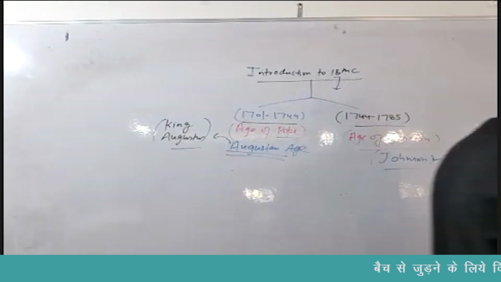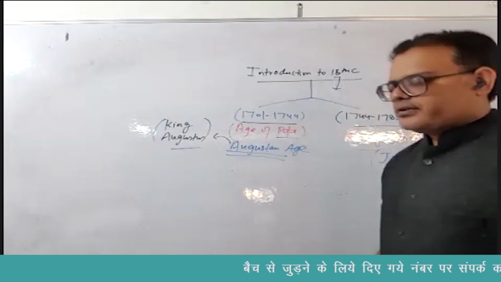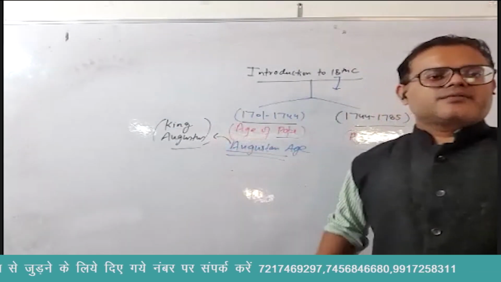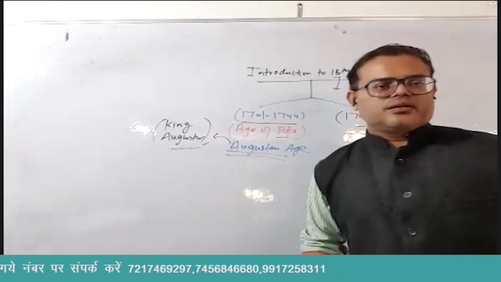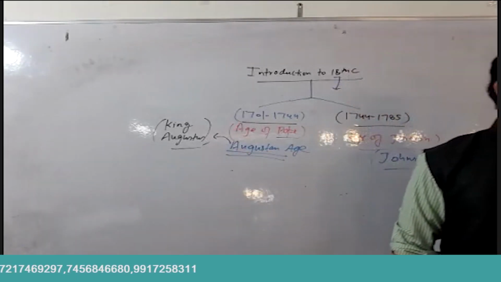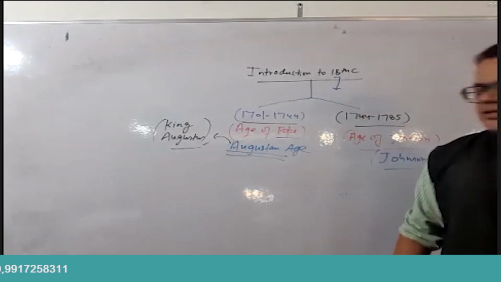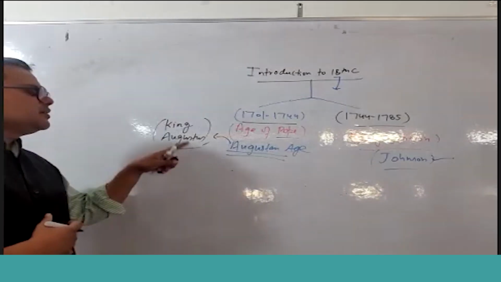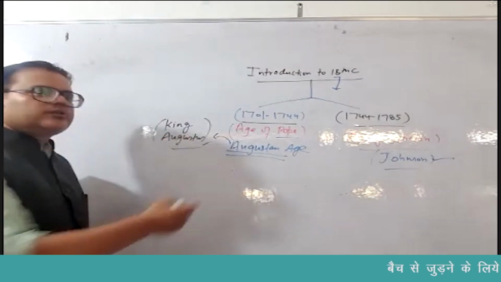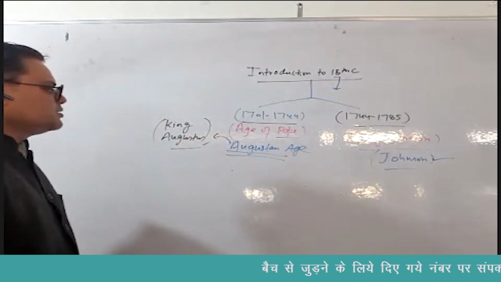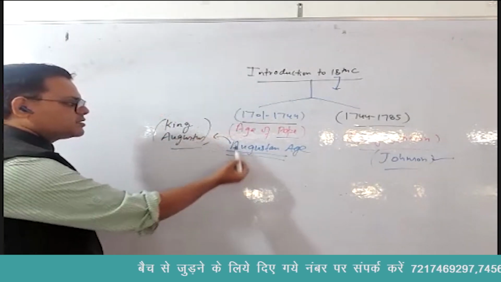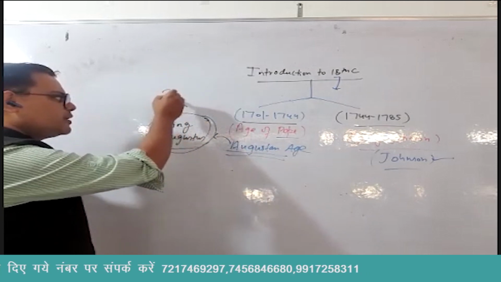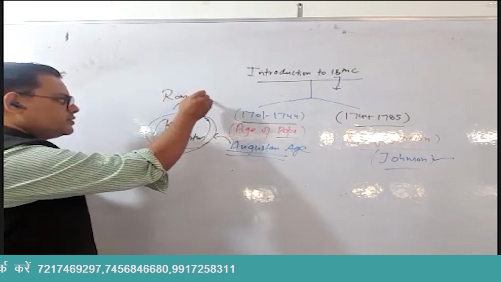In fact, if you are a learner of the English language, you will know there is a word in English from his name, august, which means auspicious. August means auspicious. All right. So there is a name that is derived from his name. And we know there is a month, of course, August. So the Augustan age is derived from the name King Augustus, who was actually a Roman king.